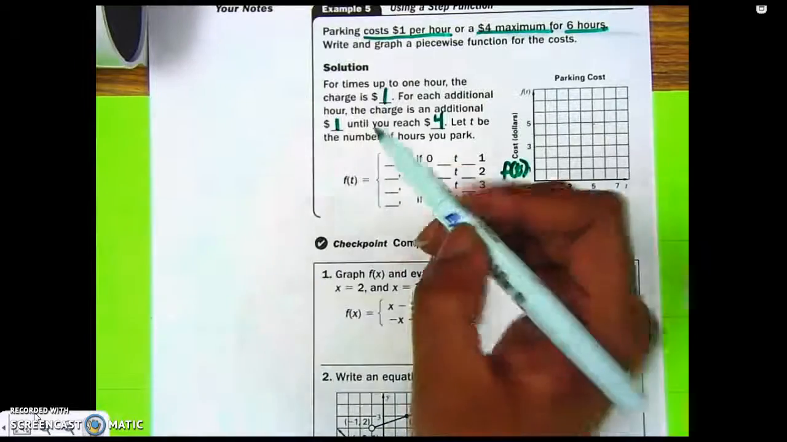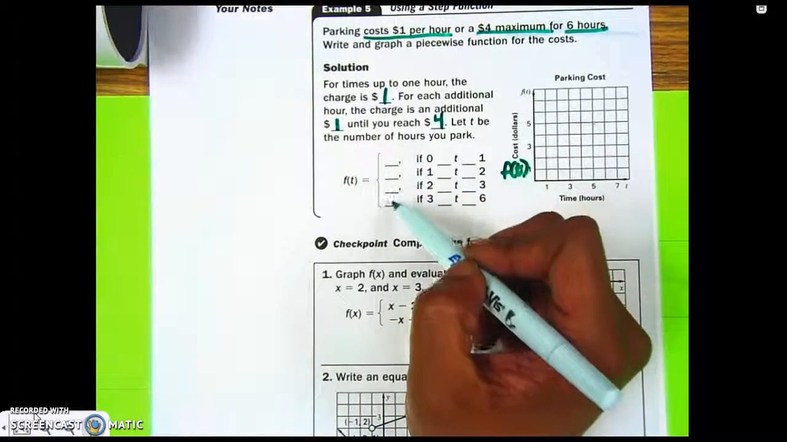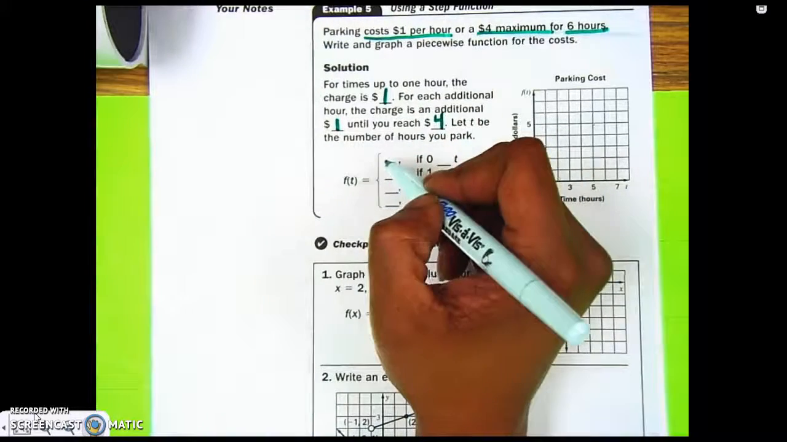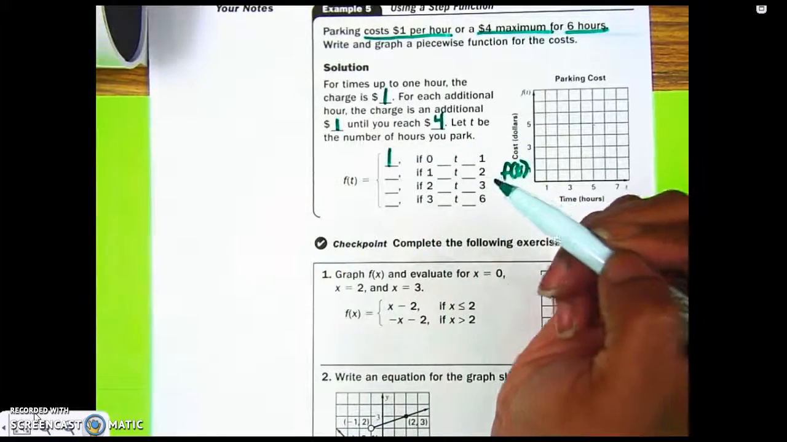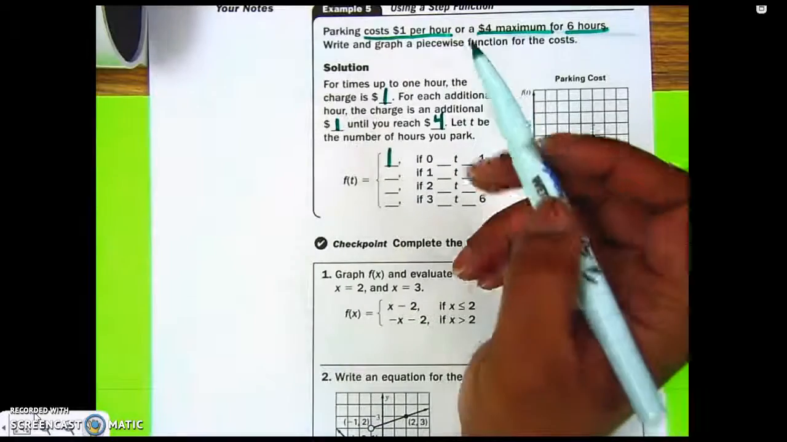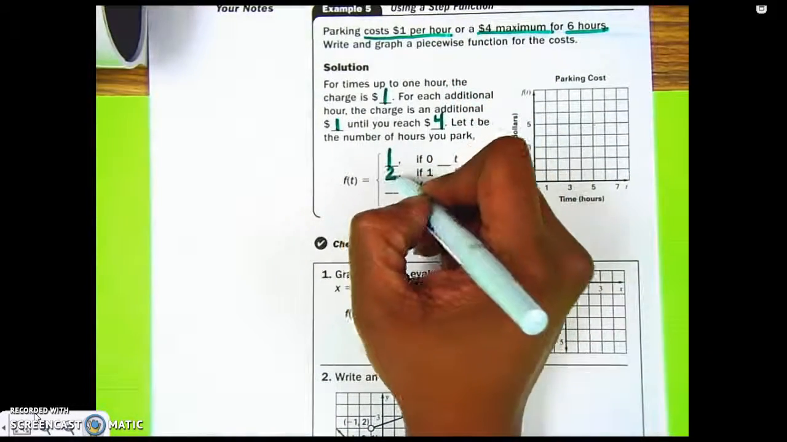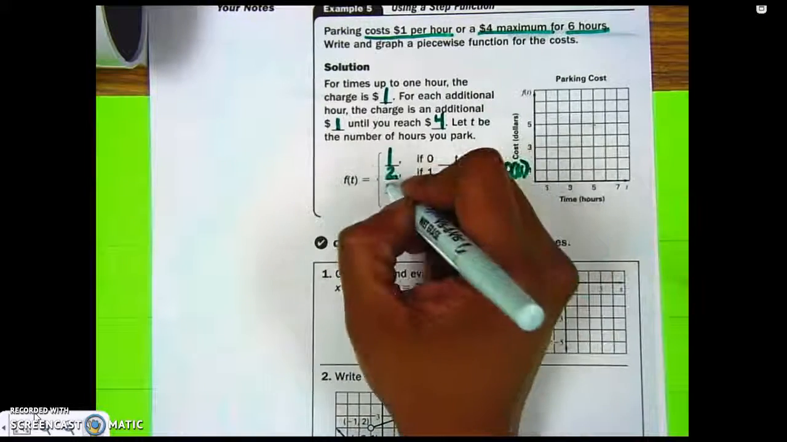All right, so we're going to fill in f of t equals with the cost, how much it's going to cost you to park there for a given amount of hours. If you park from 0 minutes to 1 hour, the cost is $1. If you park from, let's say, 1 hour and 1 minute to 2 hours, the cost is $2. And the same for the next step. If you stay between 2 hours and 1 minute to 3 hours, then the cost is going to be